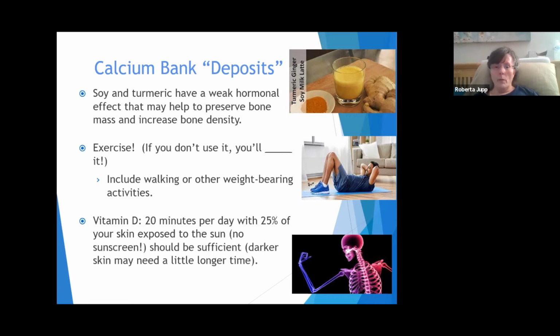And so whenever we walk and do our weight bearing is very important, because whenever we put stress on those bones, that sends out the electrical signals to our osteoblasts, which will bring more bone cells and lay down more bone cells on our bone. And they've actually seen some reversal of osteoporosis if the person is having more of their calcium bank deposit type things and avoiding the withdrawal type things.